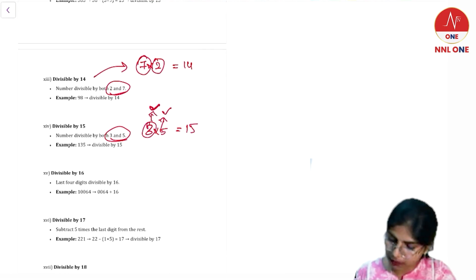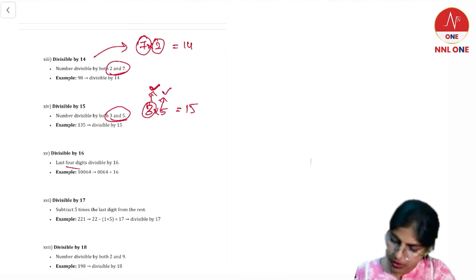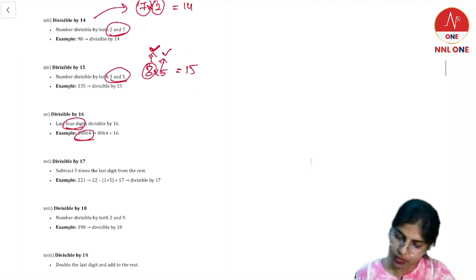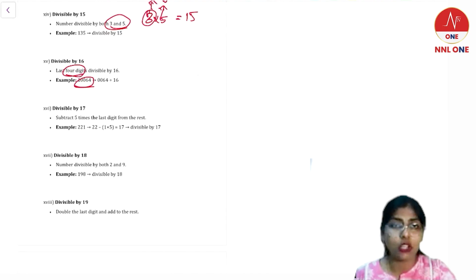For 16, it is the last 4 digits. You have to check the last 4 digits. If it is divisible by 16, the entire number is divisible by 16, last 4 digits. Then for the divisibility rule of 18,